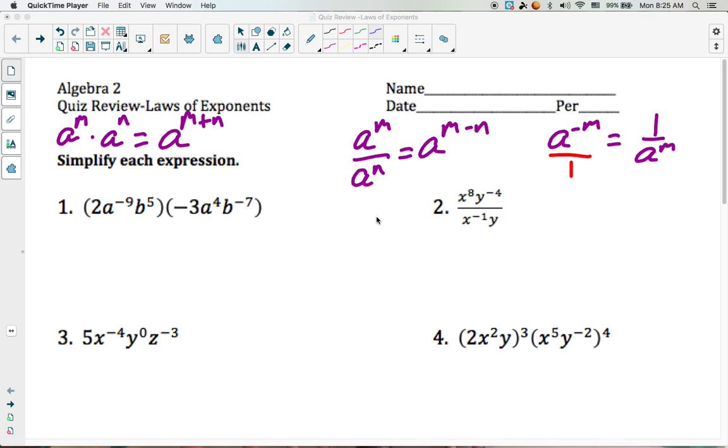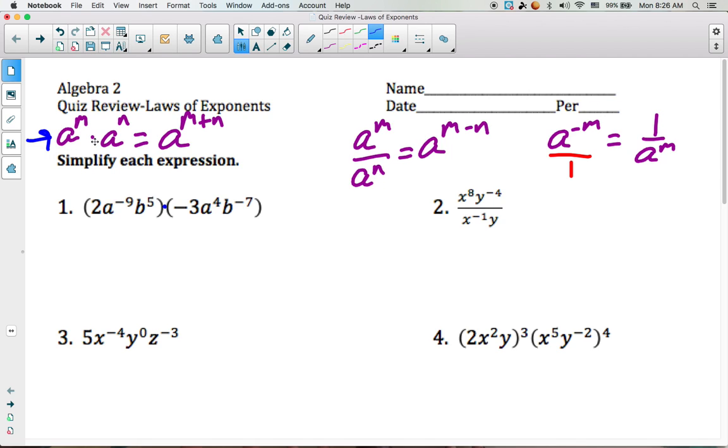ReQuiz review, laws of exponents, problems 1 and 2. For number 1, we have 2a to the negative 9, b to the 5th. That is a product, and we're going to multiply it times negative 3, a to the 4th, b to the negative 7. So we're going to use this property right here that says a to the m times a to